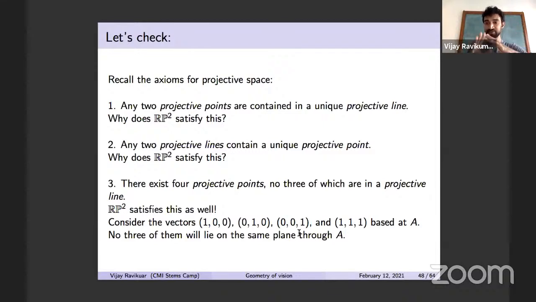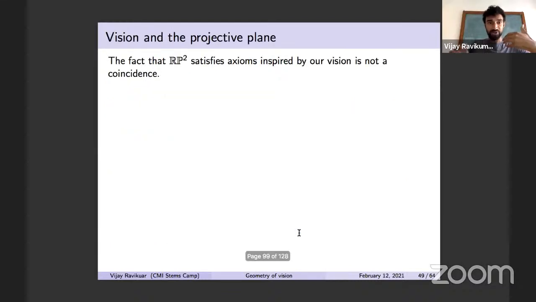That'll still span all of R3. So I'll leave it to you to think about it a little more, but basically we have 3 distinct projective points from these, no 3 of which are coplanar. So we have enough points to work with. So RP2, the projective plane, it satisfies the axioms